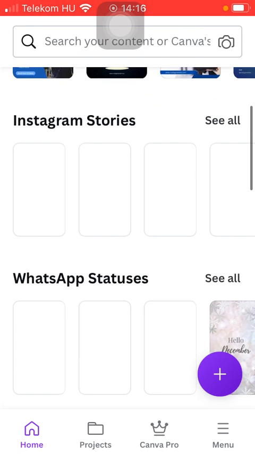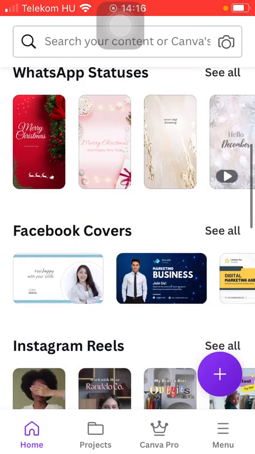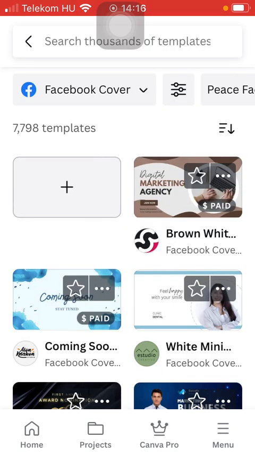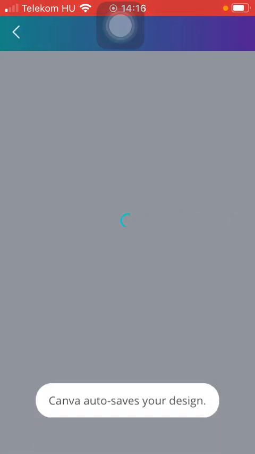Then scroll down till you find the Facebook cover section, and in order to check out all of the available templates, tap on the See All button in the right side of the screen next to the Facebook covers title. After that, you're going to see all of the available templates, so tap on the relevant one that you would like to choose. After that, once it is loaded in, you should